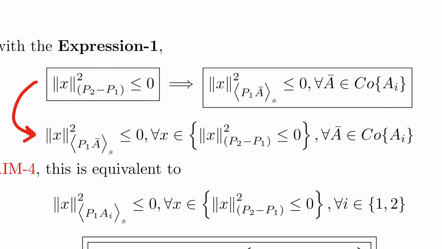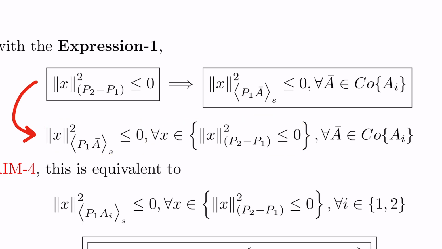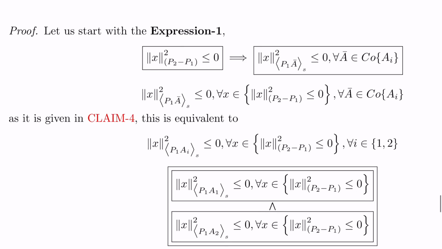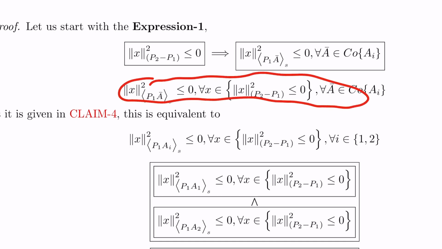And this is true for all the x values that are in this set. Yeah, they are identical. Okay. And as it is given in claim 4, this expression is equivalent to,